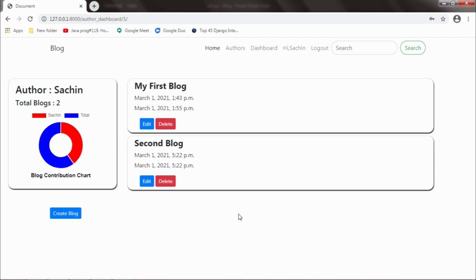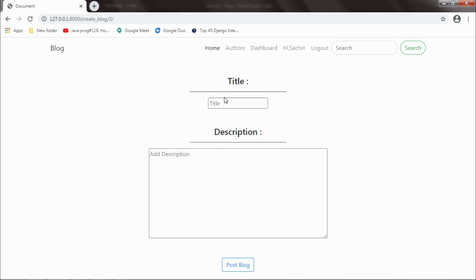On the left hand side I have the author's name, his total blogs, and a blog contribution chart, and we have a create blog button over here, and at the center we have all of Sachin's blogs with the edit and delete option buttons. Okay, now we will create a blog for Sachin, and we will see how everything changes dynamically with the data. I will click on the create button and give a title as